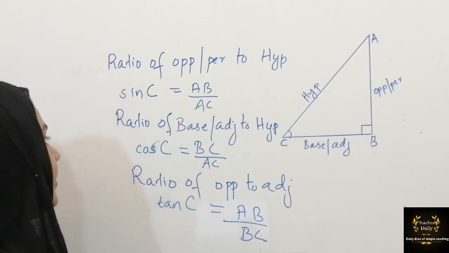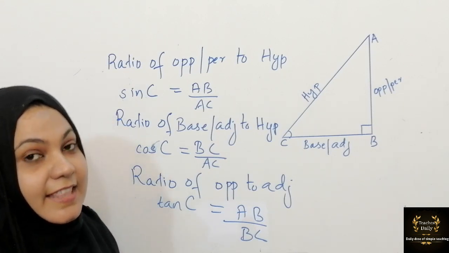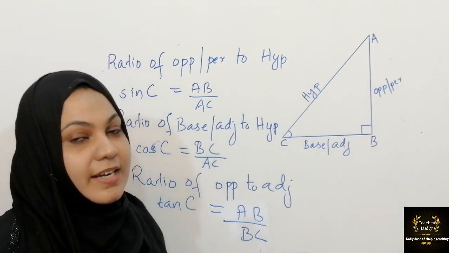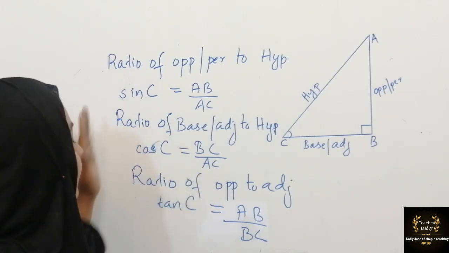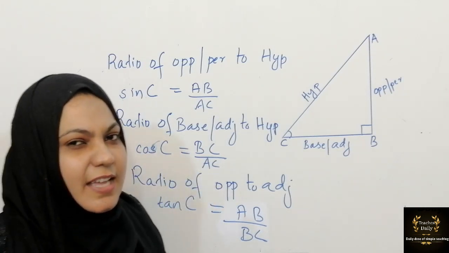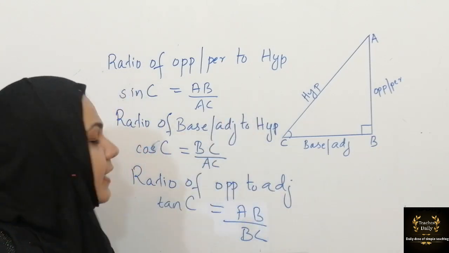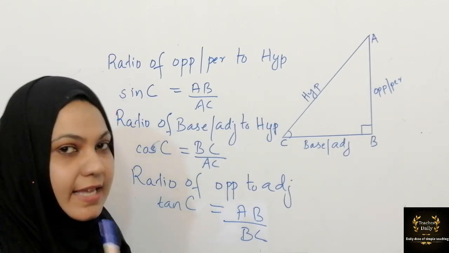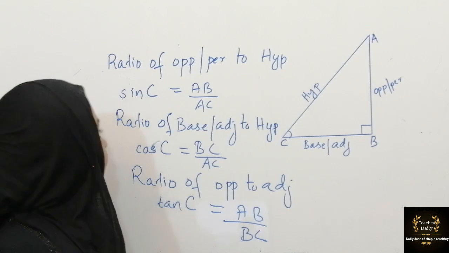C. We finished first three trigonometric ratios. You know that in English there are 26 alphabets. Similarly, in trigonometry there are 6 trigonometric ratios. First three trigonometric ratios we finish here. The rest 3 are very easy. You have to do only one thing. Just take the reciprocal of these 3, you will get the remaining 3. So I will say the name. You just wait. First we can finish these 3 trigonometric ratios.